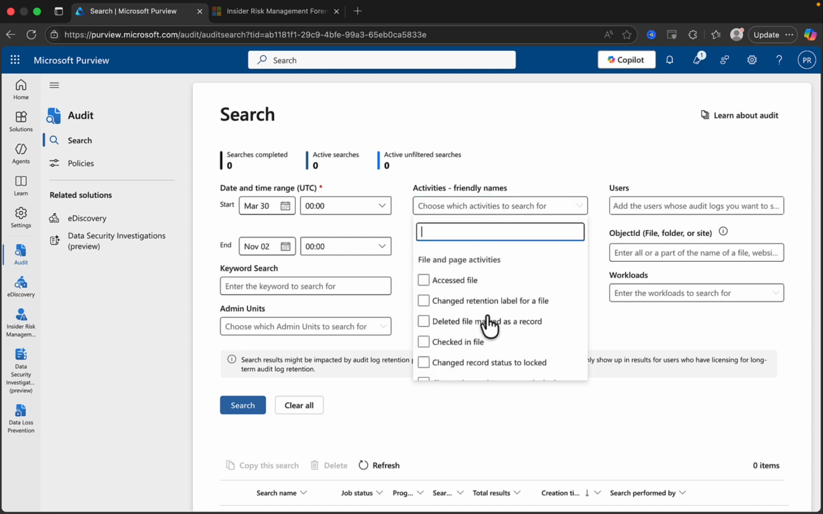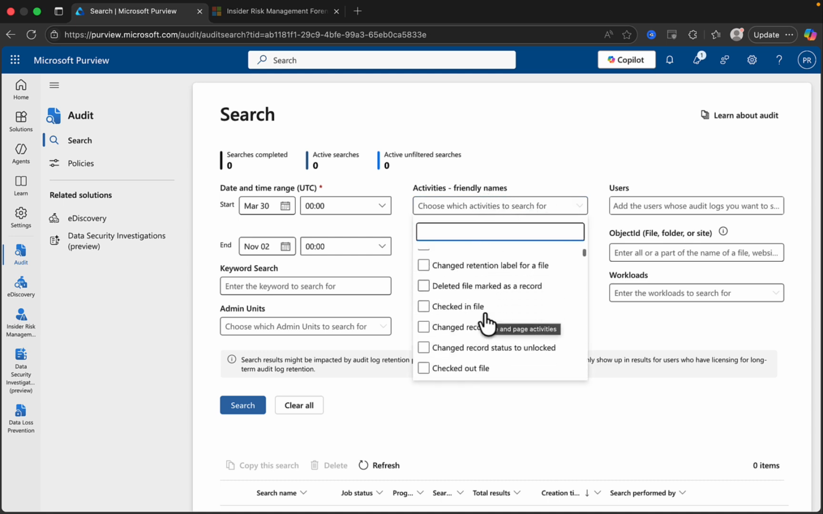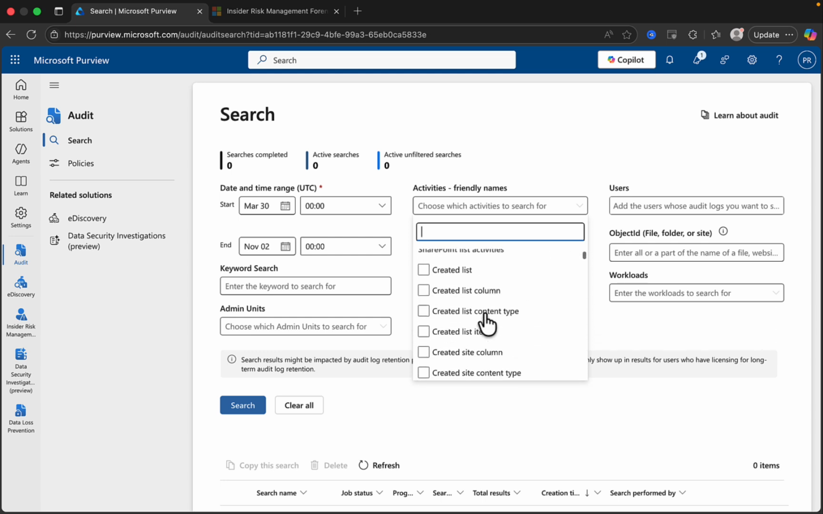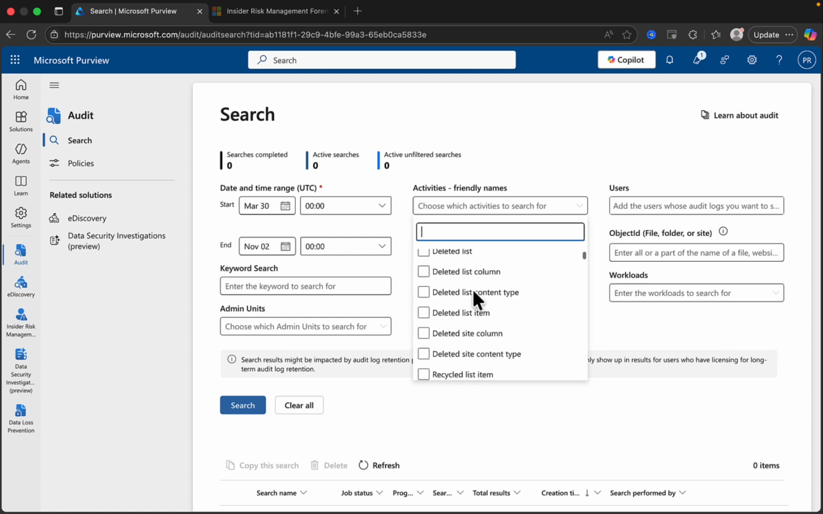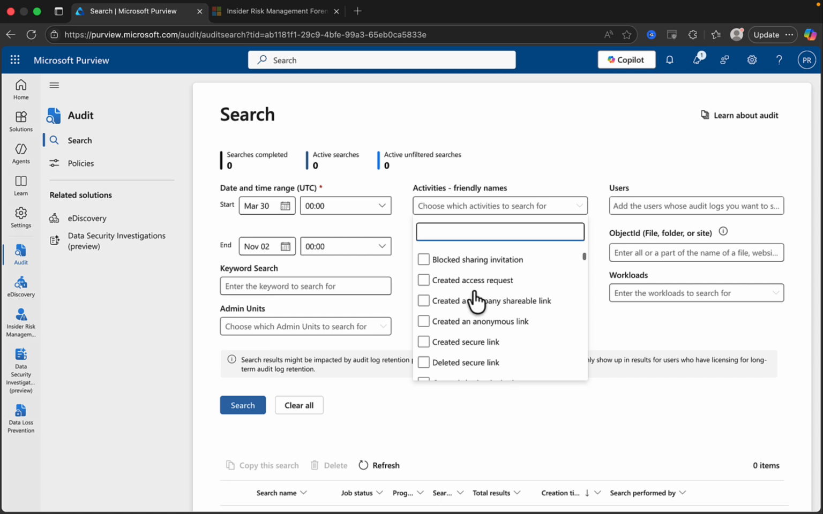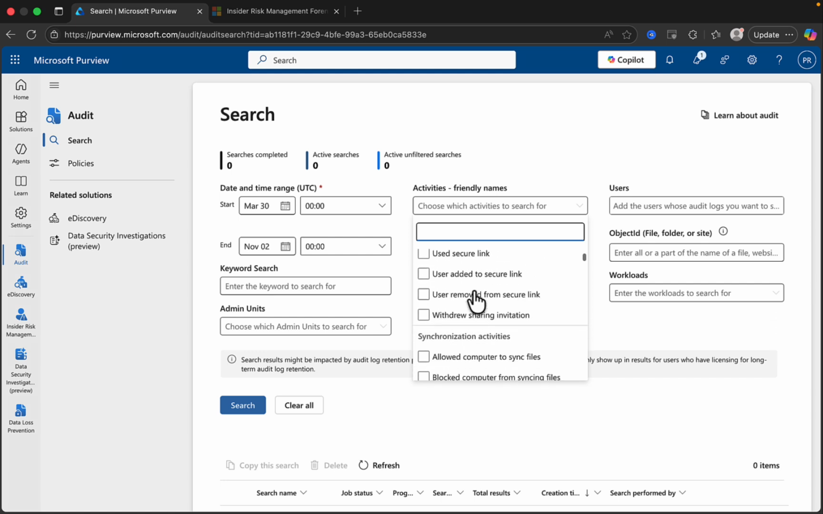So there is literally a ton of activities here. If you scroll through this entire list, it is pretty exhaustive. It's sorted into categories, so you can see here where I've stopped. I'm just on SharePoint list activities here, so you can search for if somebody created a list or created a list column. The possibilities are endless here. Really cool stuff. So if you want to search quickly for a particular setting, I can search for Teams here, for example, and